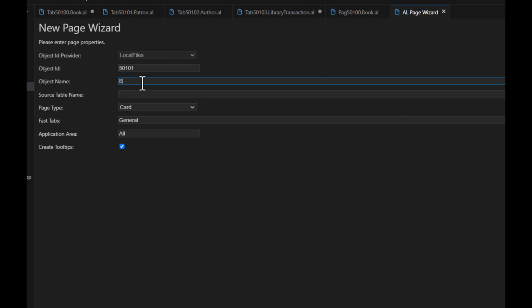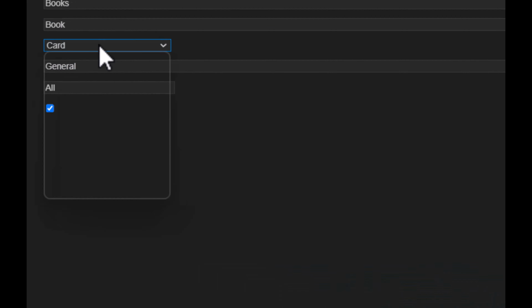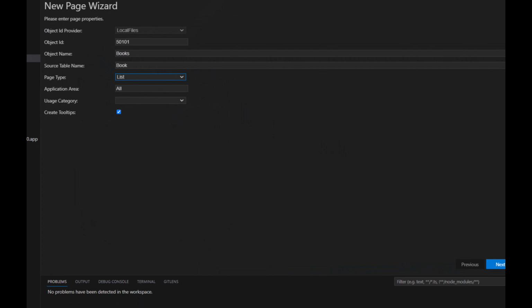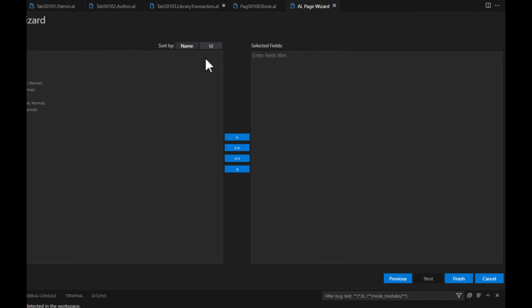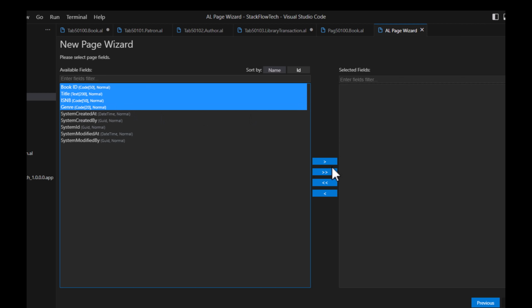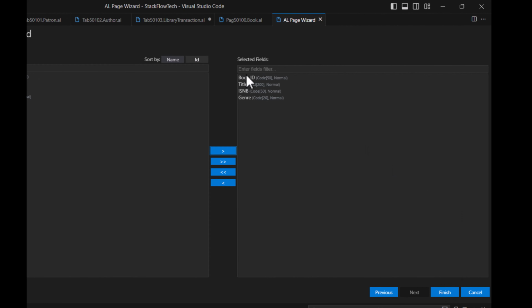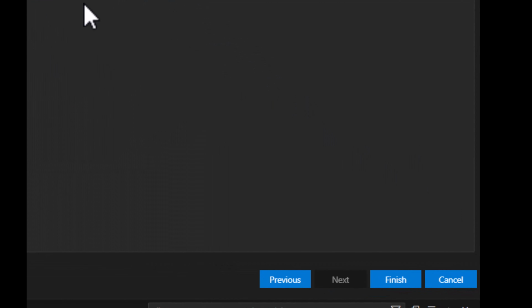record, which is a list of books. Then source table will be book, then page type will be the list, and so we can click next, and then we can sort by ID. Click ID up to the genre, and then move these fields so that we can create a list of these